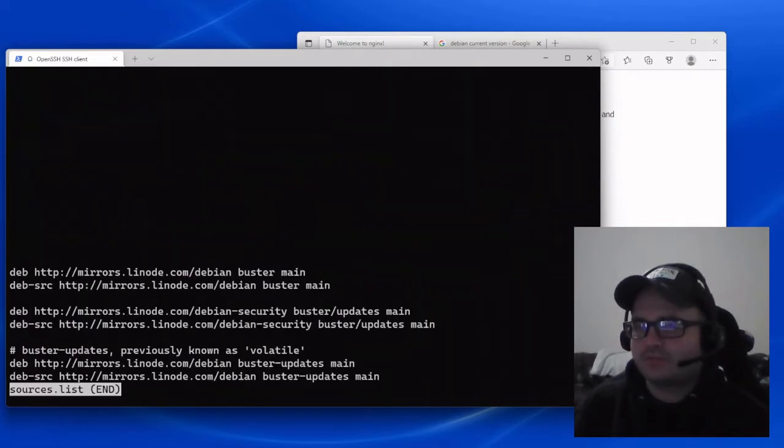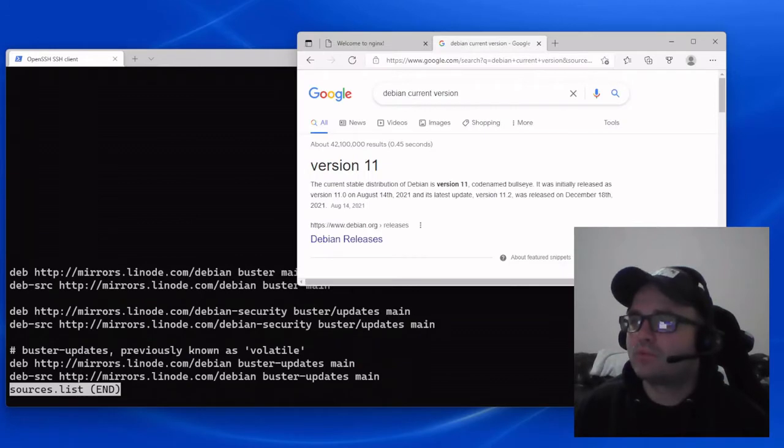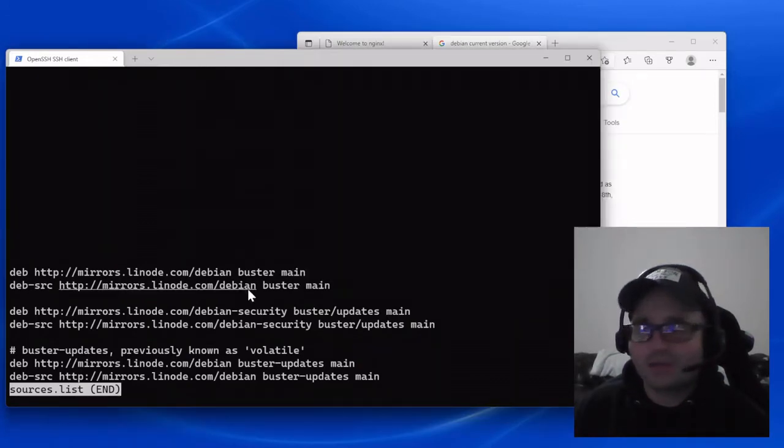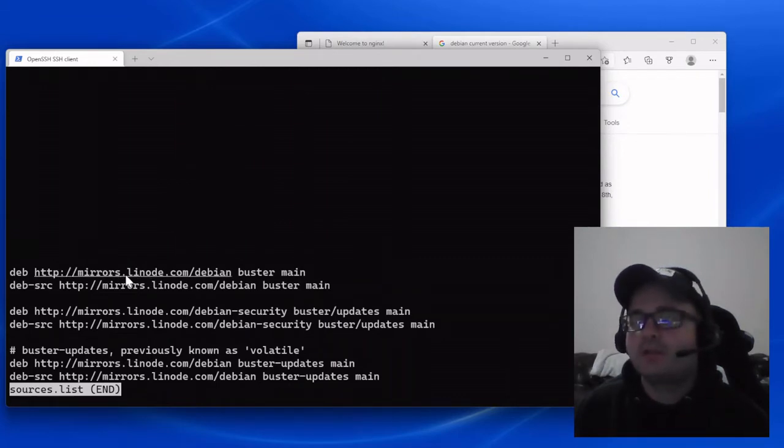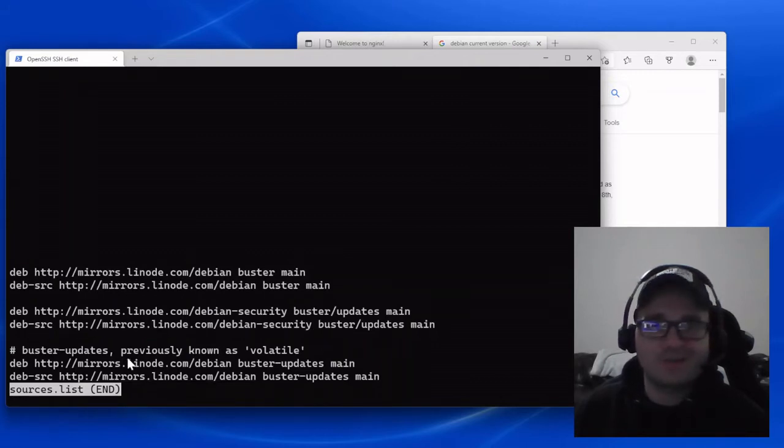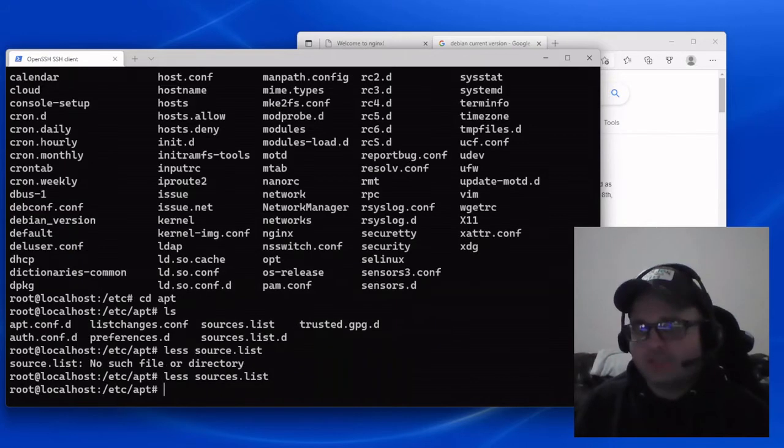oh, I did sources.list. We can see that for Debian, it's pointing at buster main. And if we Google, we now know that the code name is bullseye. So we're pointing at the wrong repositories. Here, it's pointing at the mirrors at Linode. Typically, if you're running on a different hosting provider, it'll say either Debian or Linux or mirrors of their own. So what we want to do is edit that file, because this is a pretty important